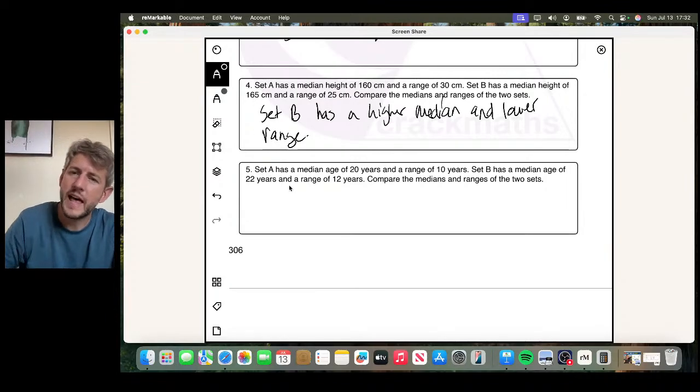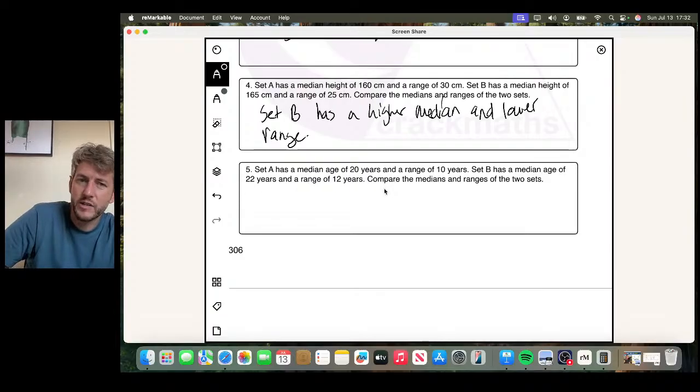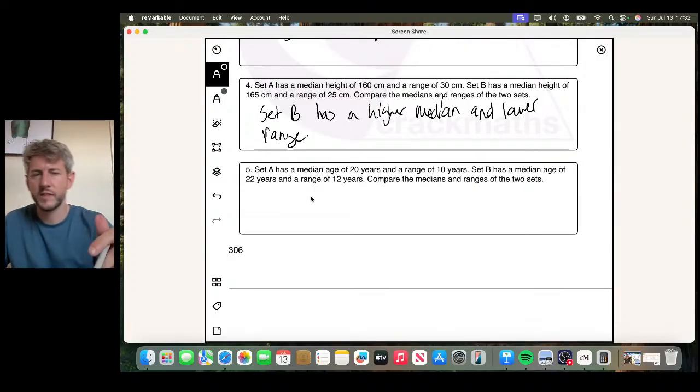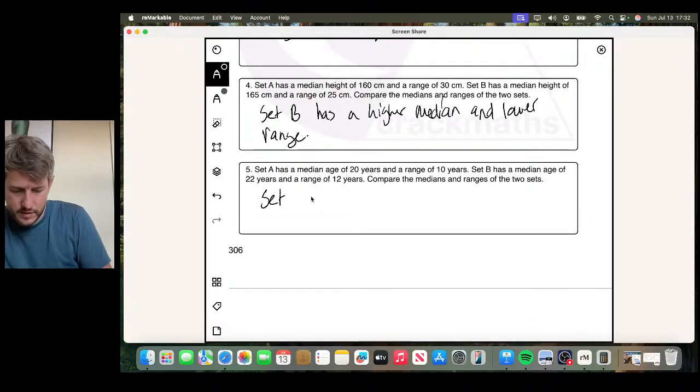Question 5. Set A has a median age of 20 years and a range of 10 years. Set B has a median age of 20 years and a range of 12 years. Compare the medians and the ranges of the two sets. So set B has a higher median again, but a larger range this time. So I'm going to write that down. A higher